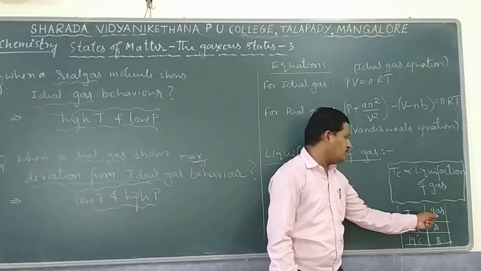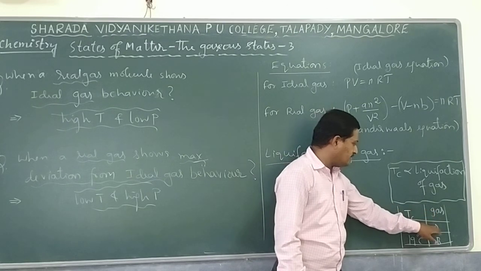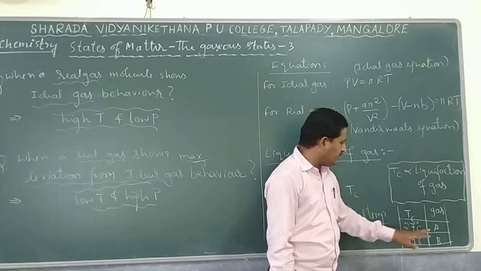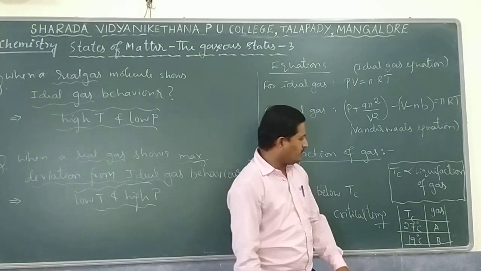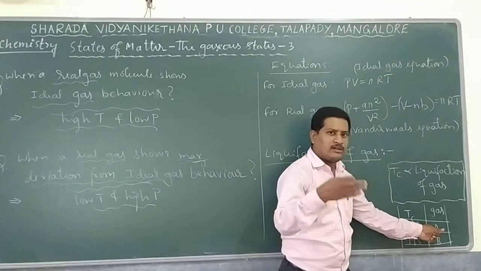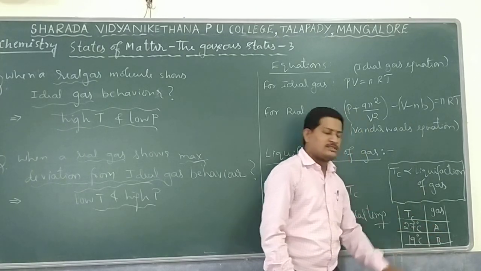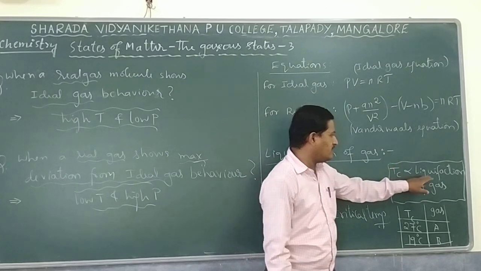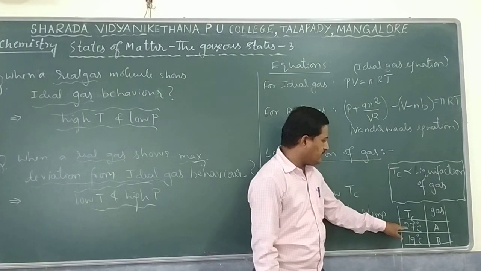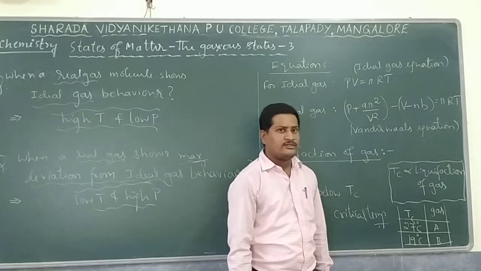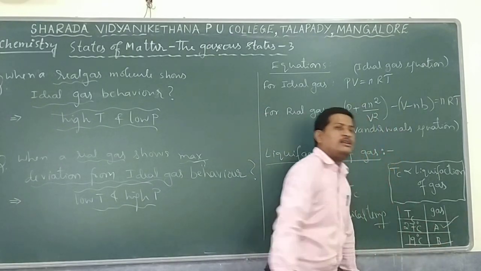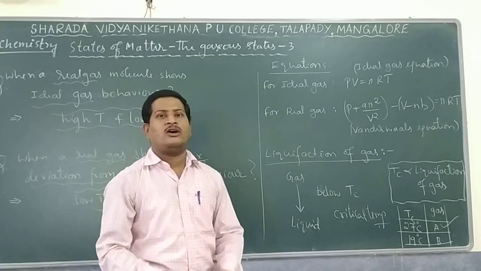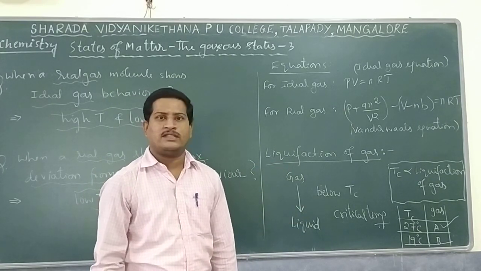Let us go with one problem here. Two gases, A and B, are present, with critical temperatures of 27 degrees centigrade and 19 degrees centigrade. Now tell me whether gas A forms liquid first or B does. It is observed that the higher the critical temperature, the earlier the liquefaction. As 27 degrees is more than 19 degrees, gas A shows liquid formation first, after that gas B. So all this is with respect to the liquefaction of gas. Thank you.